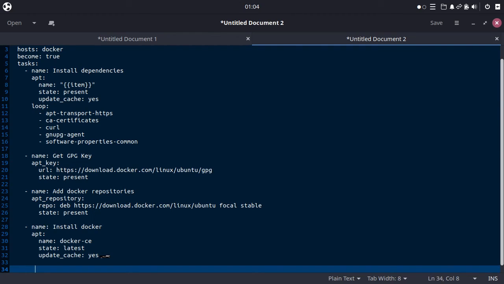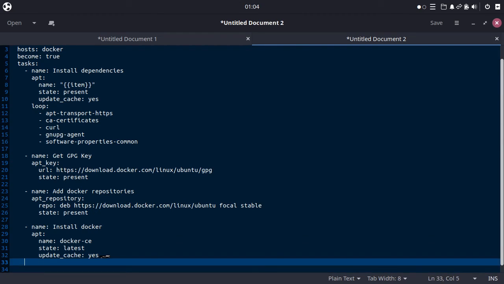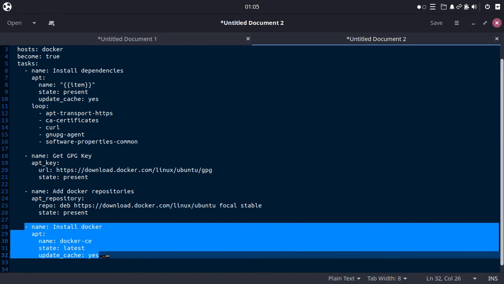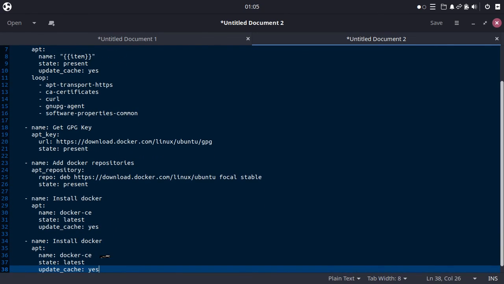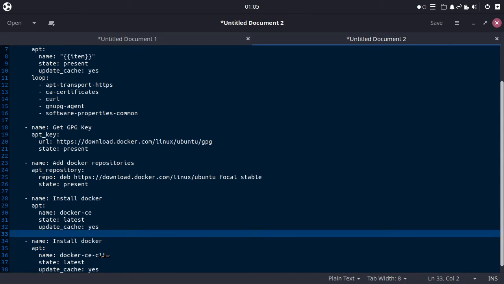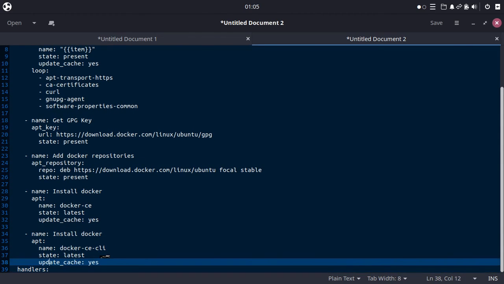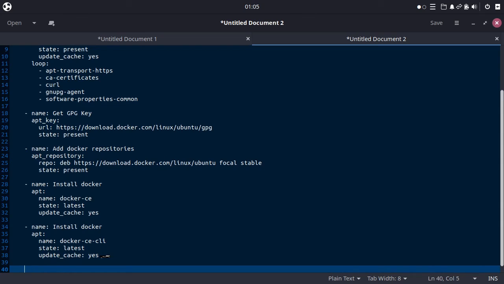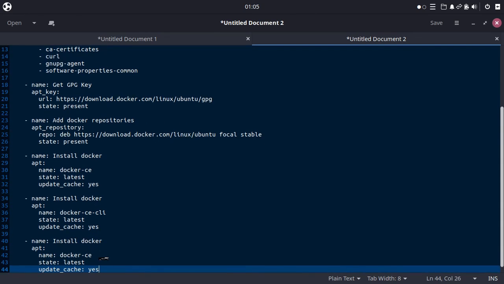And then there is another application that needs to be installed. Name here: Docker CA CLI. The next one, containerd.io.